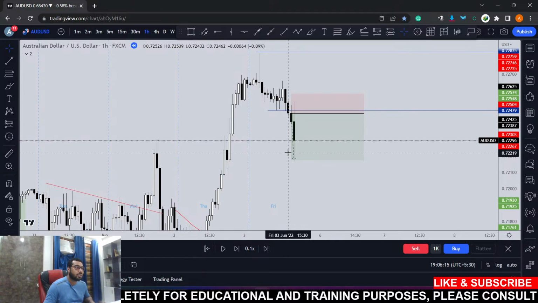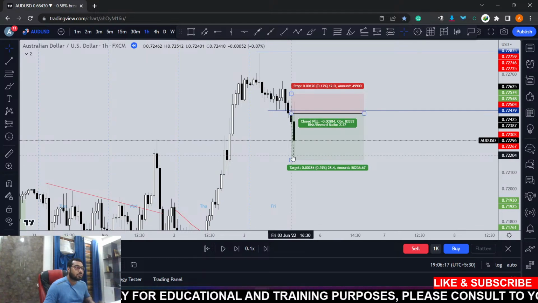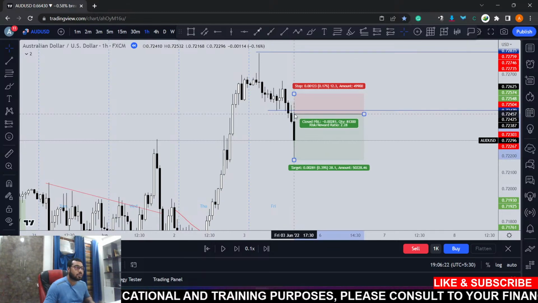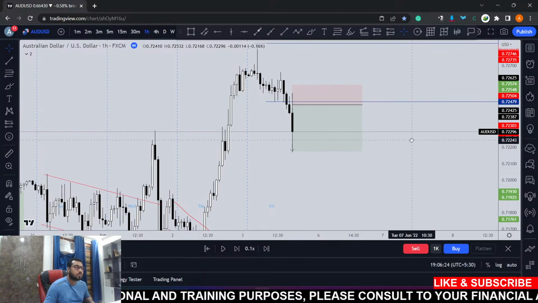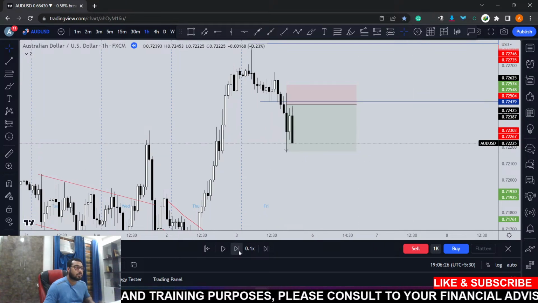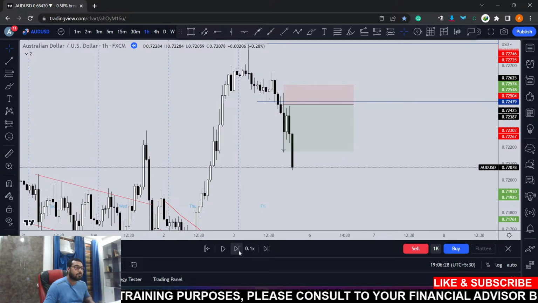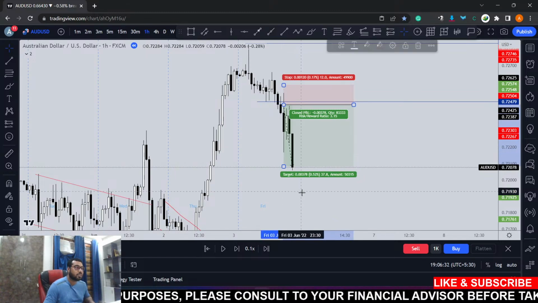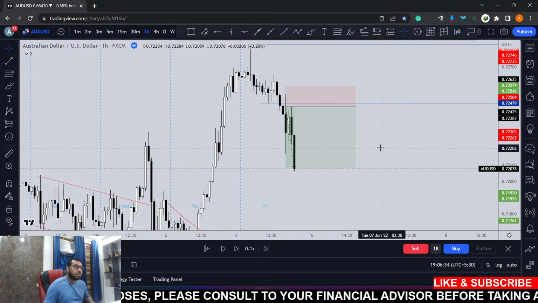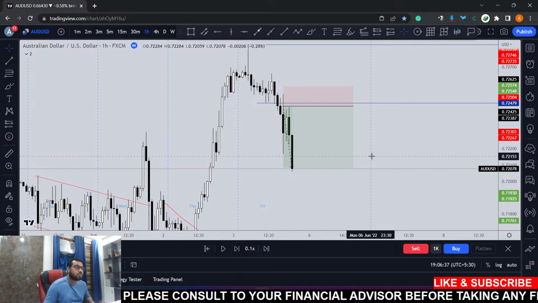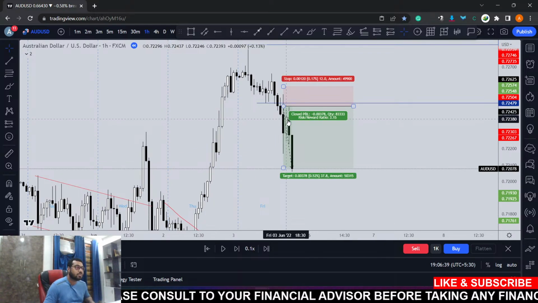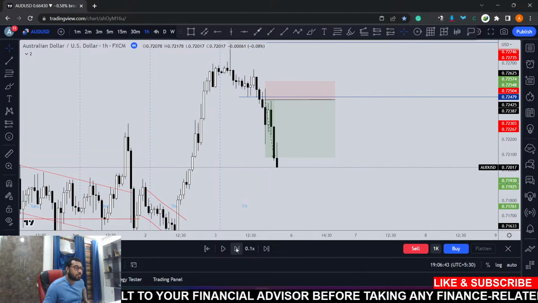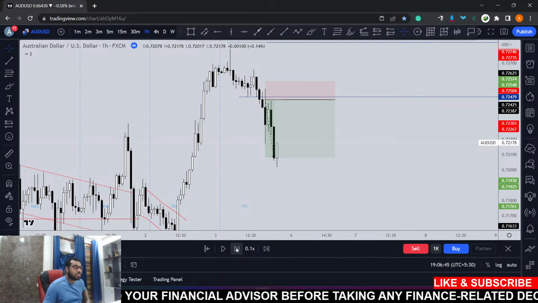It just tagged me in and gave me around 3% here, and the stop loss will be at around break even because it gave retracement candles. We have managed our